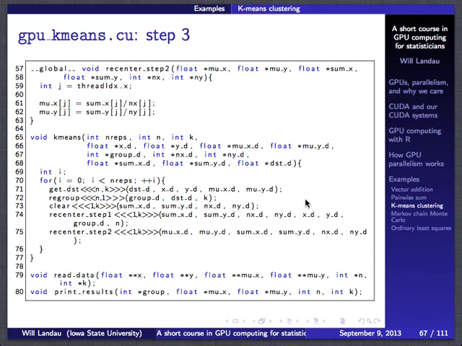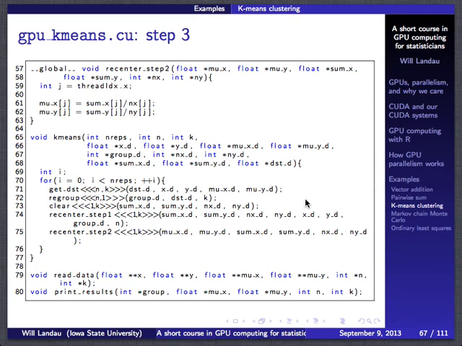I'm going kind of fast, but I'll go over this in more detail 4 weeks from now. And then I put all the kernels together in this function k-means. Now k-means, notice there's no global in front of this. There's no global prefix. So this happens on the CPU side. And sure enough, I loop over the number of iterations that I want, n reps, and I execute these kernels